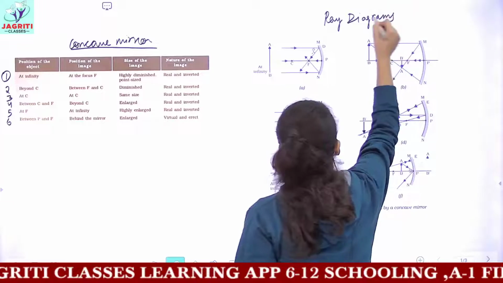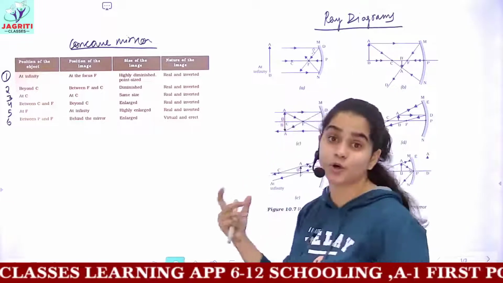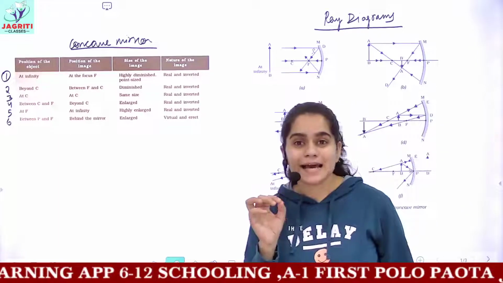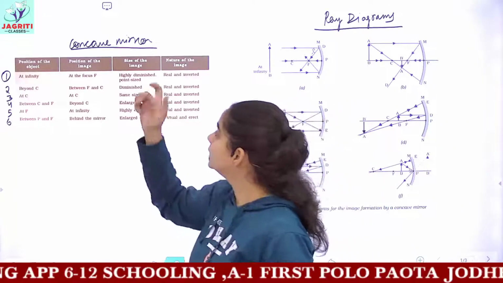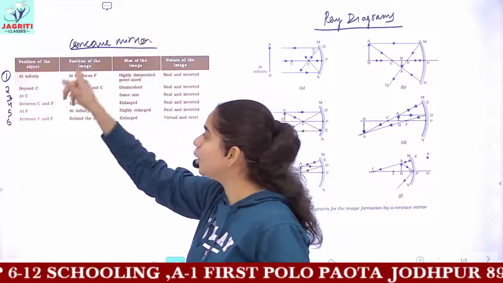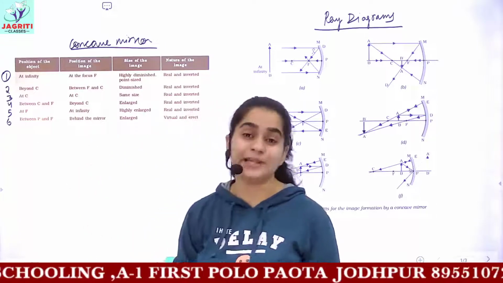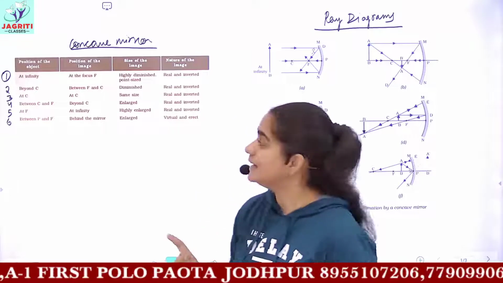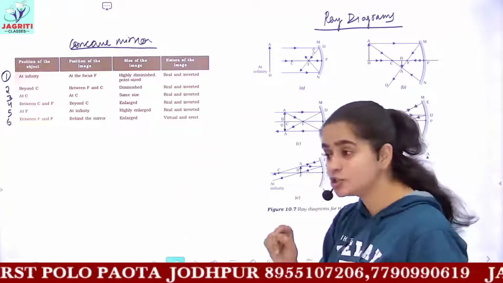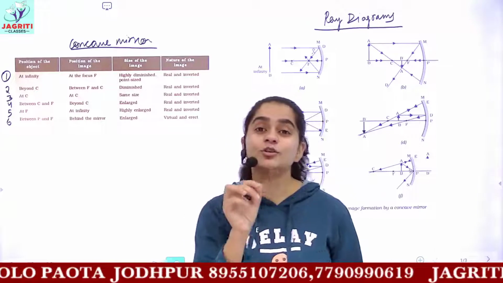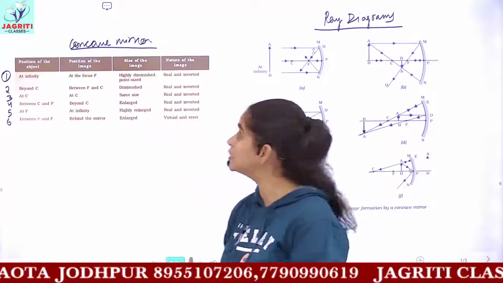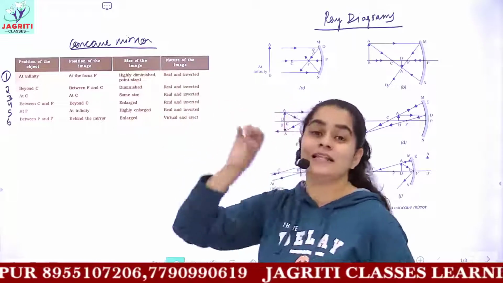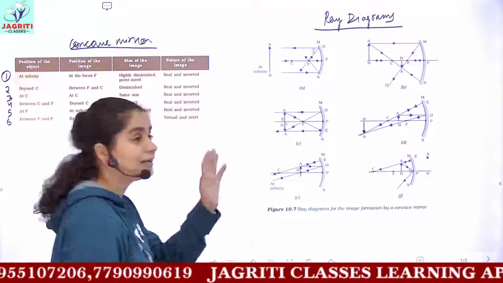You will definitely get a question to draw the ray diagrams, like: make a ray diagram for concave mirror when the object is placed at F, that is, when the object is placed at the focus of the concave mirror. Then you have to draw the diagram. You would also be asked to tell the size and nature of the image, which you will tell from these 2 columns. So when you learn this table, only then can you easily form the ray diagrams.